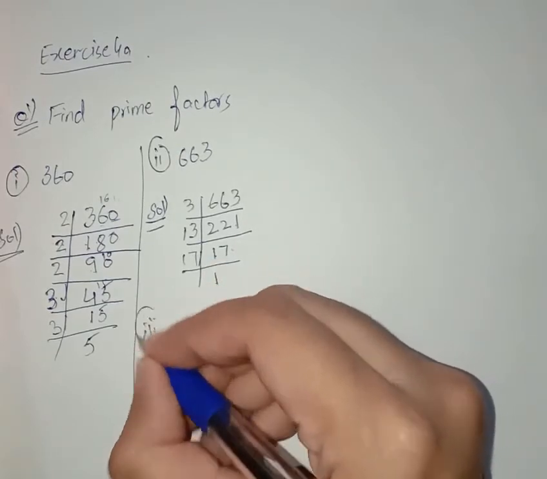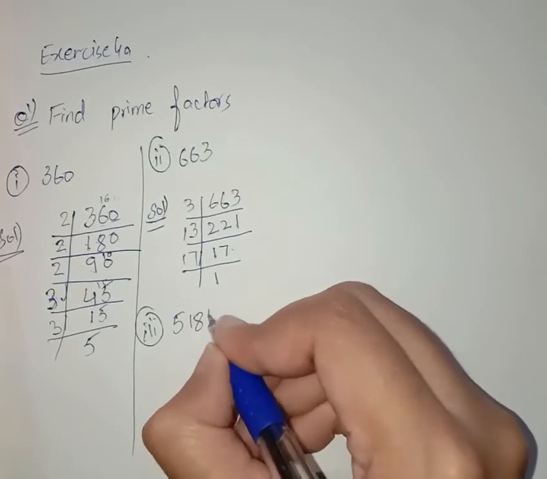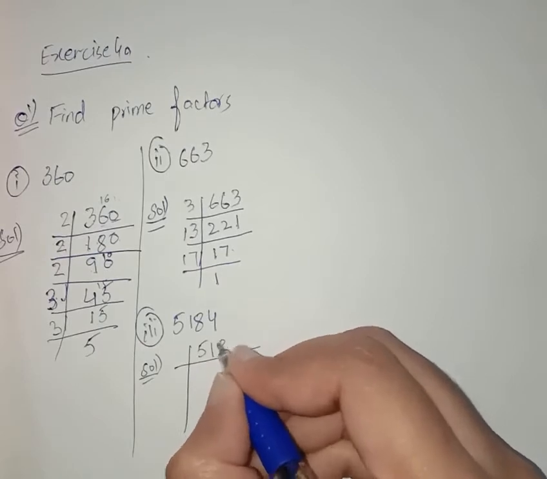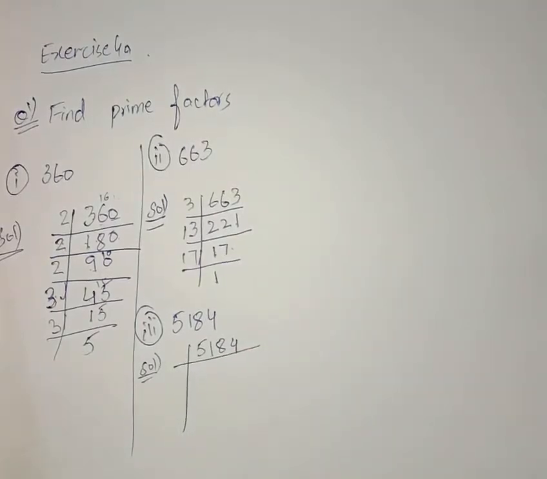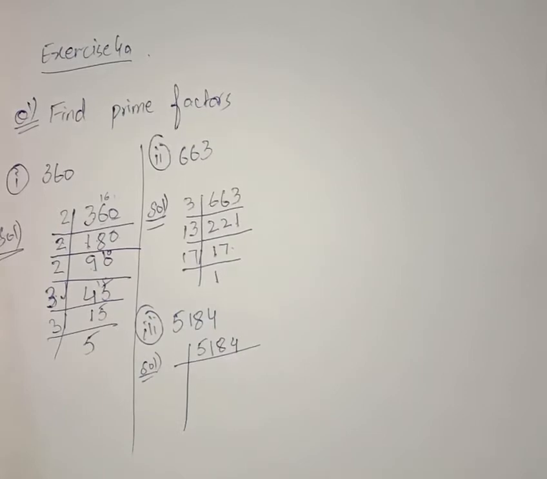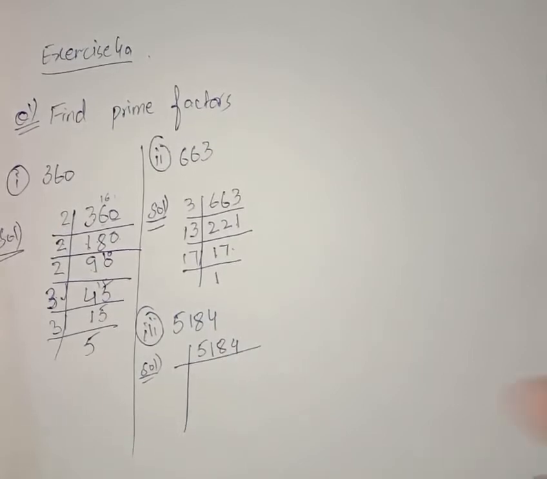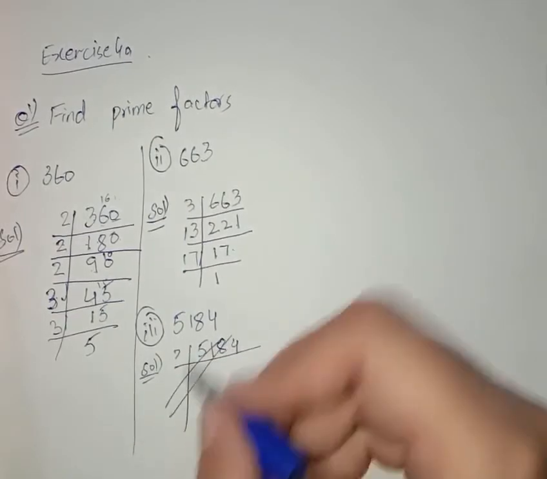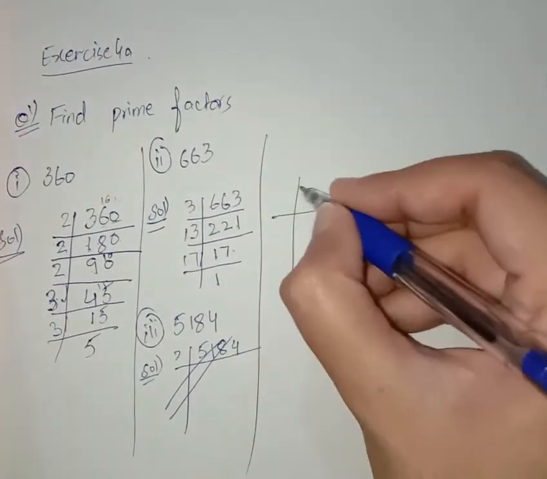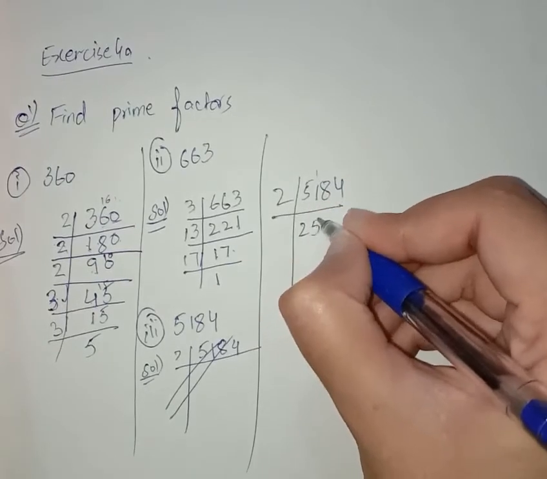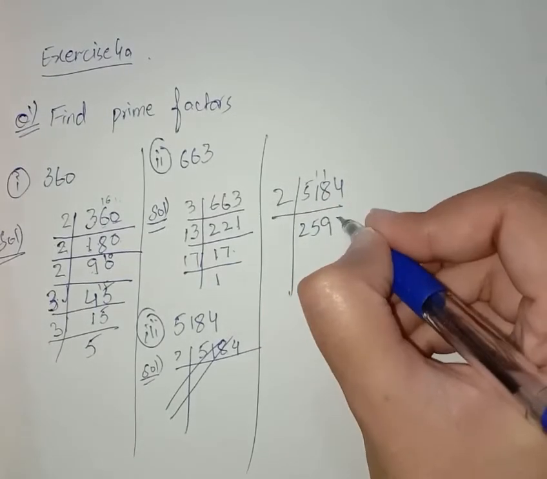Now its part number 3 is 5184. If we look at it, we can say that 4 comes in a table of 2. So we can first take a table of 2, but it is a long LCM, so we can take it right there. 5184. 2 2s are 4, 1 is on carry, 2 5s are 10, 1 also carry, 2 9s are 18 and 2 2s are 4.